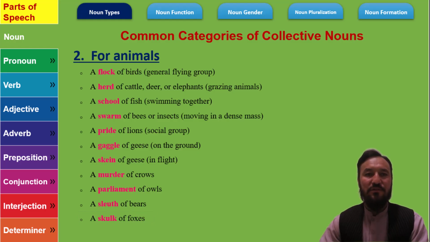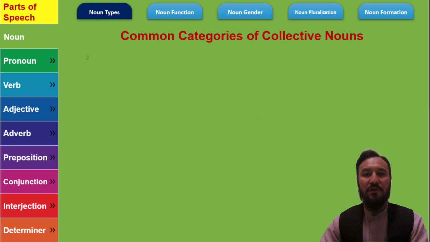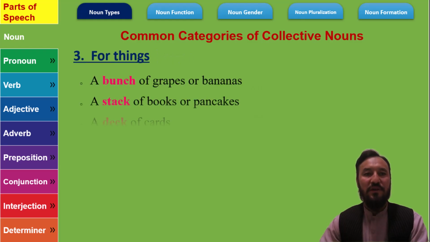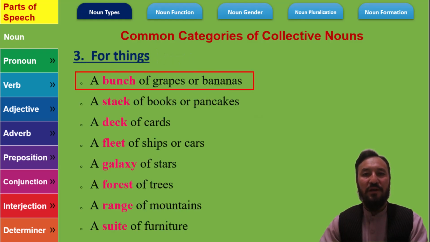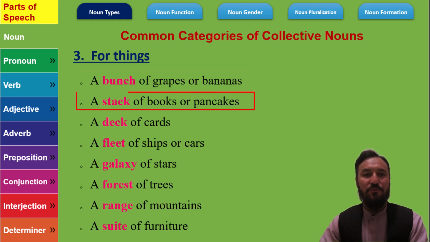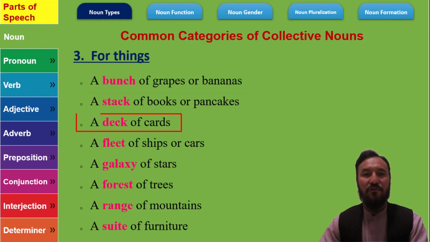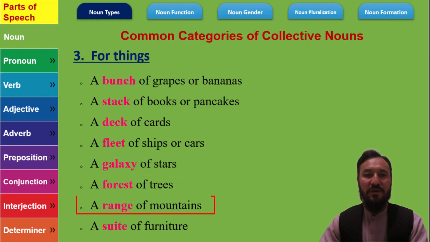The last list you can see here contains some common collective nouns used for things. For example, we use bunch for a group of items that are fastened, held, or growing together, stack for books or pancakes, deck for cards, fleet for ships or cars, galaxy for stars, forest for trees, range for mountains, and